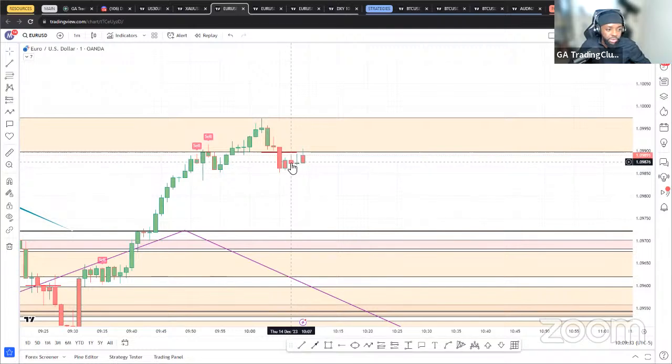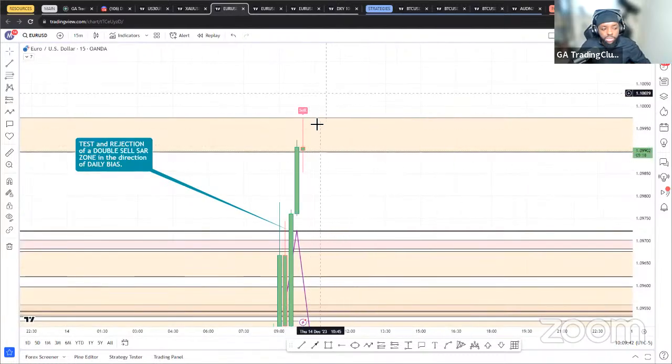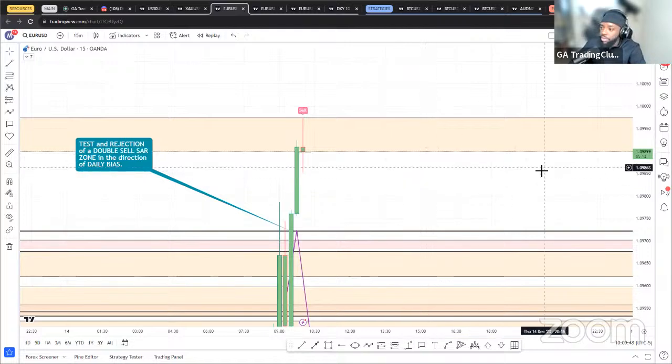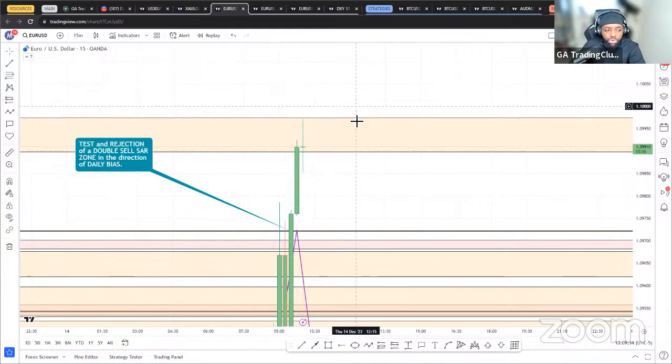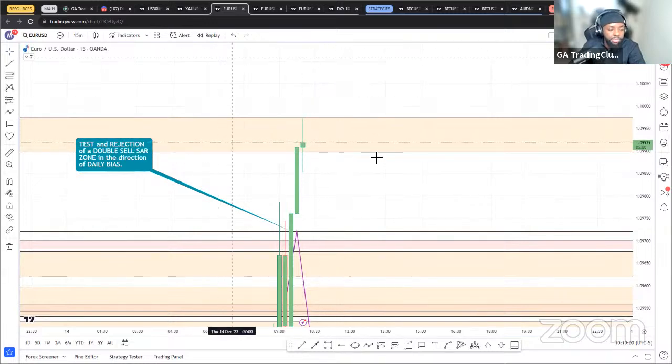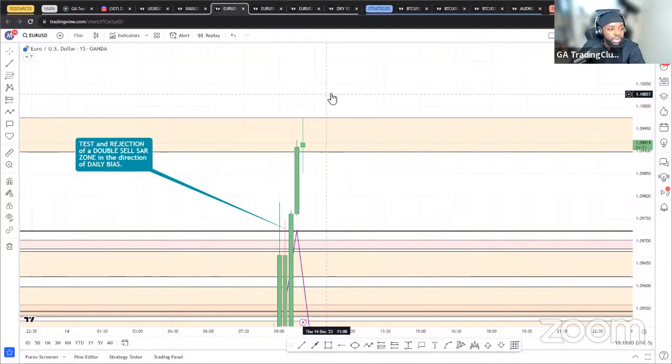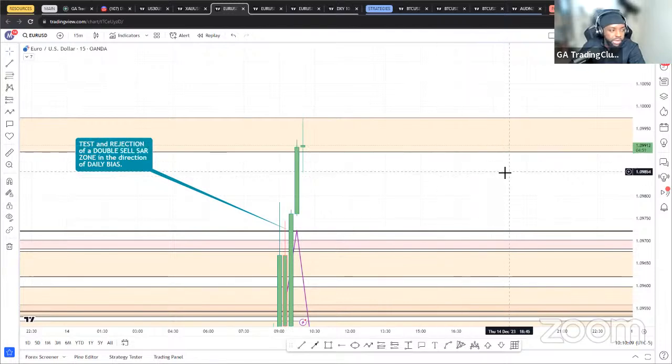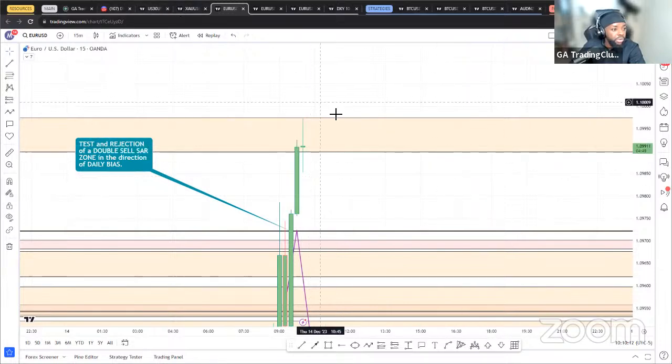If you guys still have more leverage, sure, that's the one we are waiting for in the beginning of the session. But personally, I will wait for what price will do in this 15-minute SAR zone. Given that I've already lost one trade and I'm risking 1% per trade, I really don't want to jump into another trade just yet. I want some additional confluences or a better probability setup before entering my next trade, because if I do win the next trade, I'll actually be up like 1% for the day. So I really don't just want to be selling anything randomly.